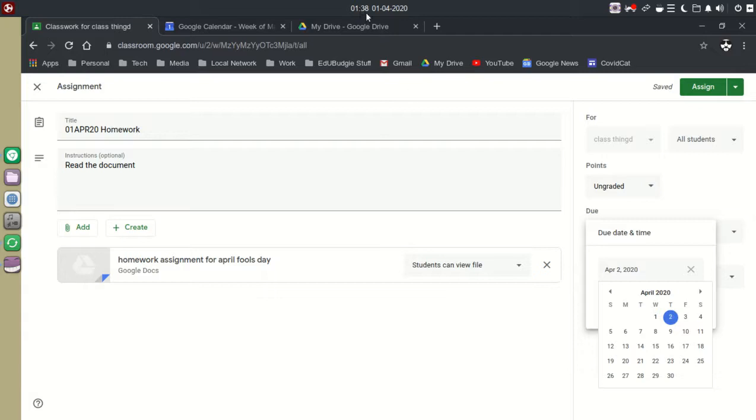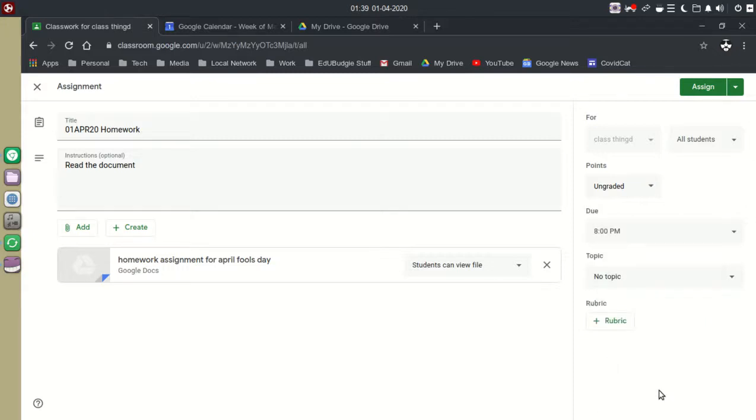But actually it's about 1:30 in the morning here, so I want to do today. But for the time, I'm going to put, I don't know, 8 o'clock at night, 8 p.m. For the topic, since I haven't created any topics, there's none shown here, but you can create the topic and